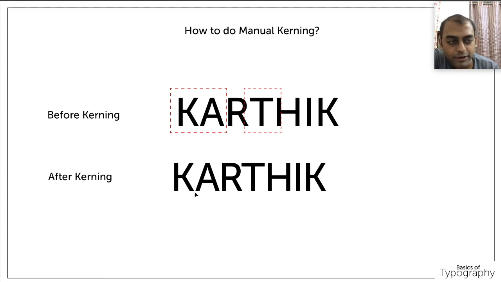Same thing you see at the top portion, and the bottom portion also, and adjust the spacing. Same thing for T. If you see here there is so much spacing, but compared to this H spacing, make this H spacing relative to this. So identify the troublemaking letters and adjust the spacing before and next to that particular letter. This is the first thing to do in manual kerning.